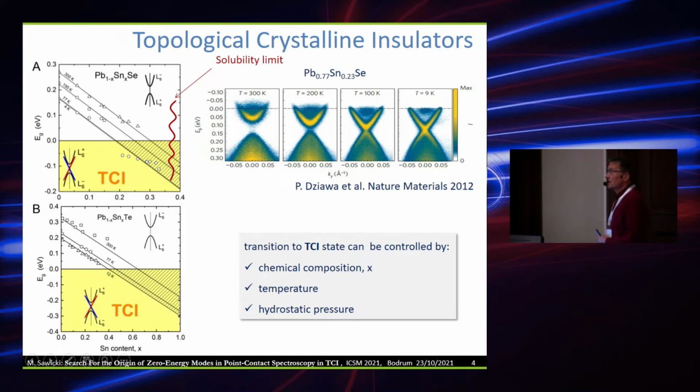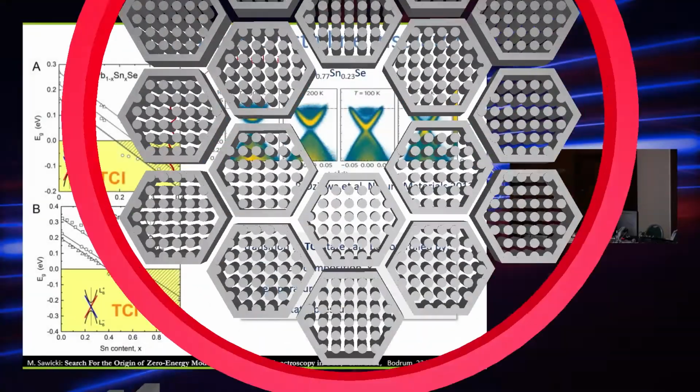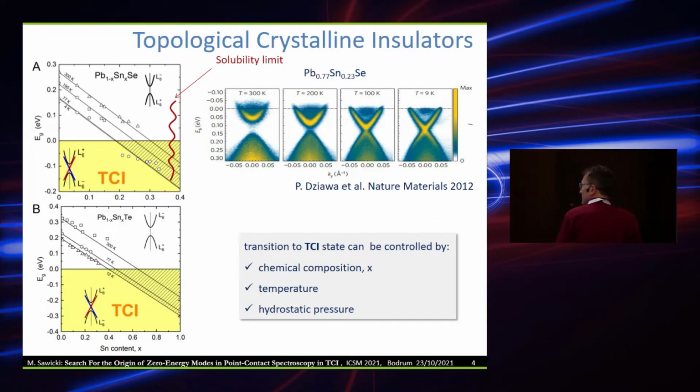These are ARPES studies, which show that when we go from room temperature, where the material is in the trivial case, to low temperature, it changes to the topological phase. To have this phase change around, let's say, 100 Kelvin, we have to use a mixed compound which contained, as far as I can see, 77% of lead and 23%